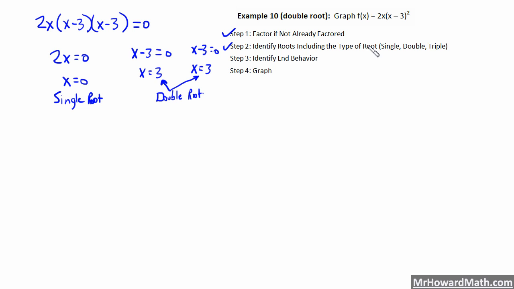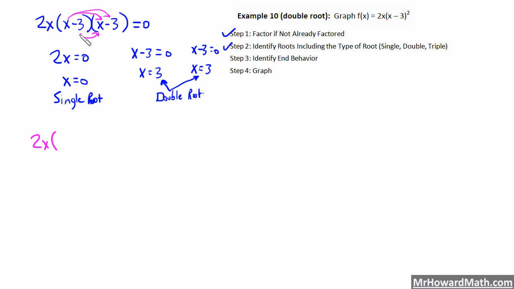So I think that's actually a little faster, but I want to go ahead and expand this all the way out so that you can see it fully expanded, so that you can see that it is in fact a degree 3, and it will be a positive degree 3. But let's just go ahead and expand all of this out. So we would have 2x, and then if we expanded this x minus 3 quantity squared, this part out right here,